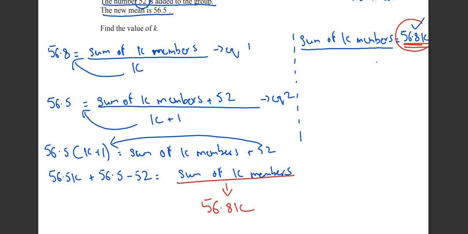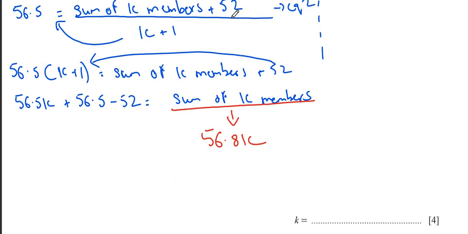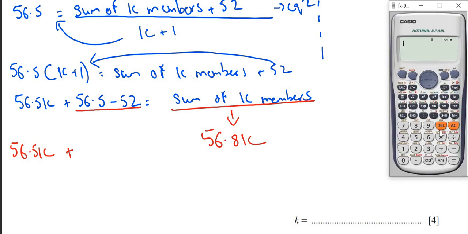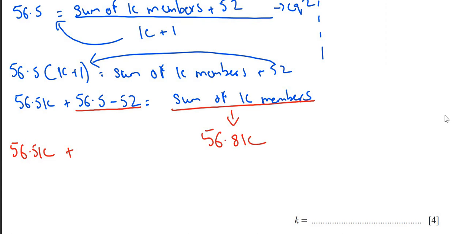And let me zoom in and continue. So 56.5k plus, what is 56.5 minus 52? I know the answer, but of course I cannot trust my brain at all. So why not use the calculator, which is plus 4.5